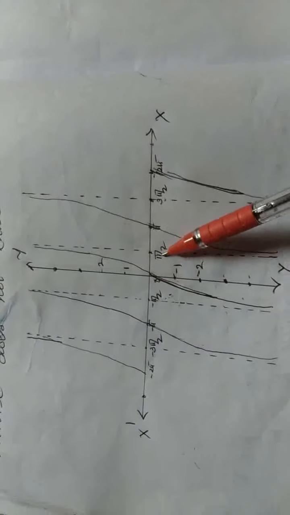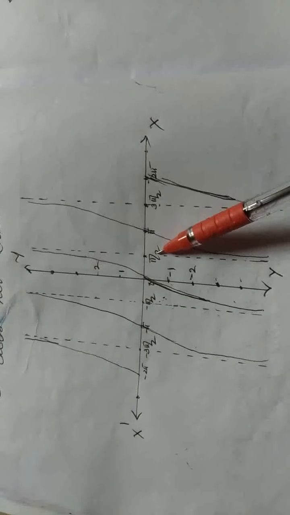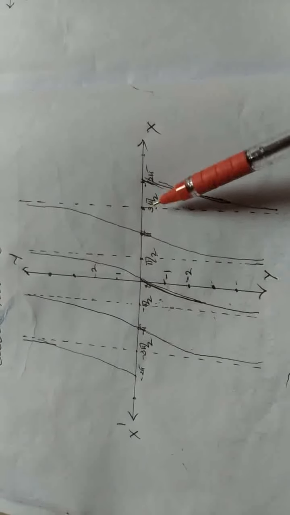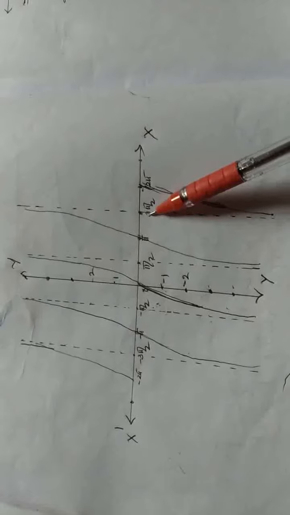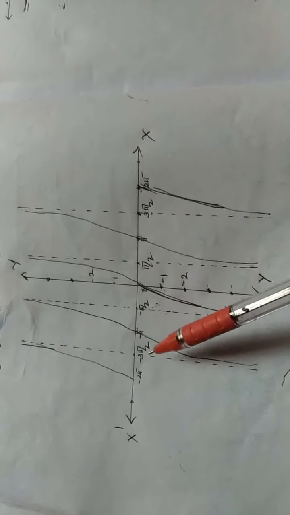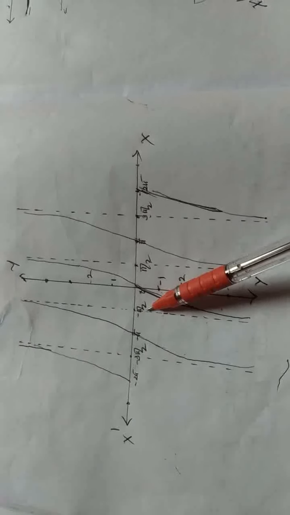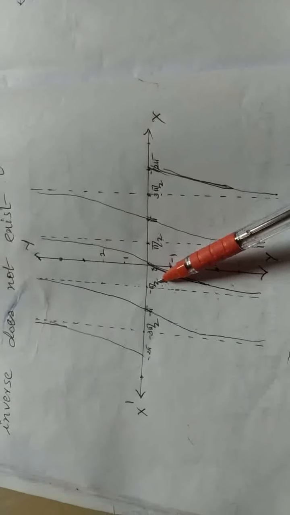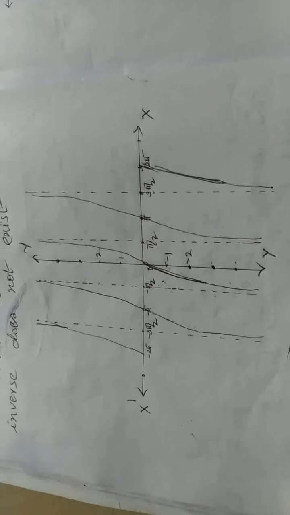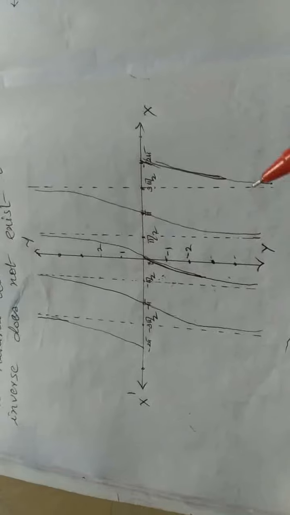Not only −π/2 to +π/2. You can restrict to the open interval π/2 to 3π/2, or 3π/2 to 5π/2, or here −3π/2 to −π/2. All are open intervals, etc. It is bijective. And its range is always R.